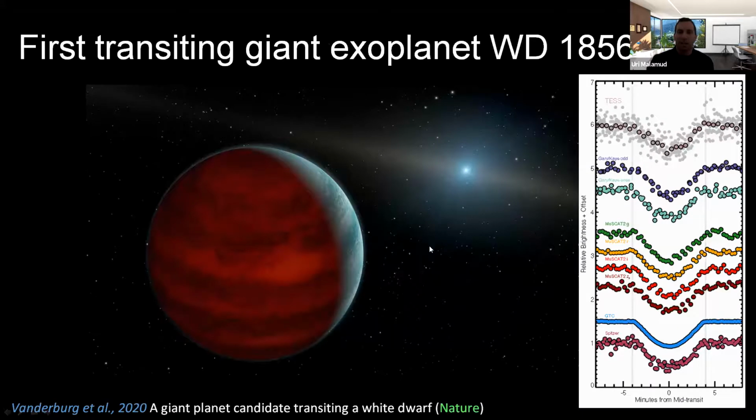And almost last, a recent discovery from this year, this is the first ever transit of a white dwarf by a planet. You can see this very clearly by various telescopes from the ground, from space, and you see almost half of the light from the white dwarf is blocked. This is because white dwarfs are very small. And this is a giant planet, okay, according to their model fits. So this is also a first. It made headlines a few months ago.